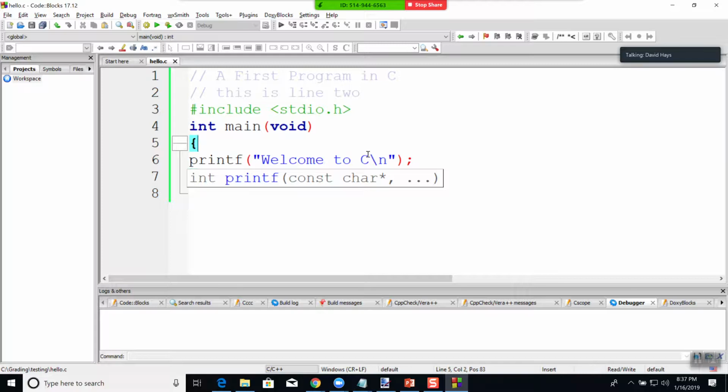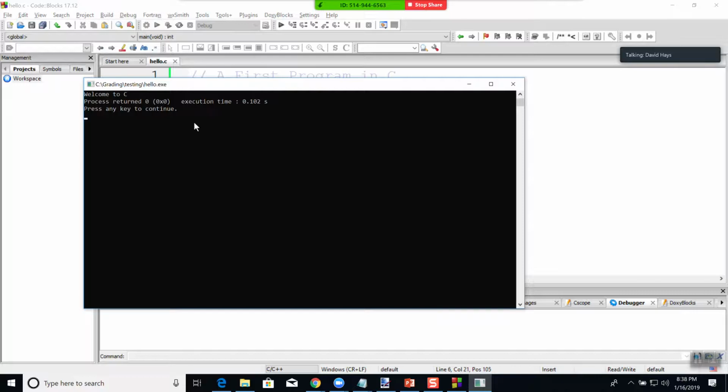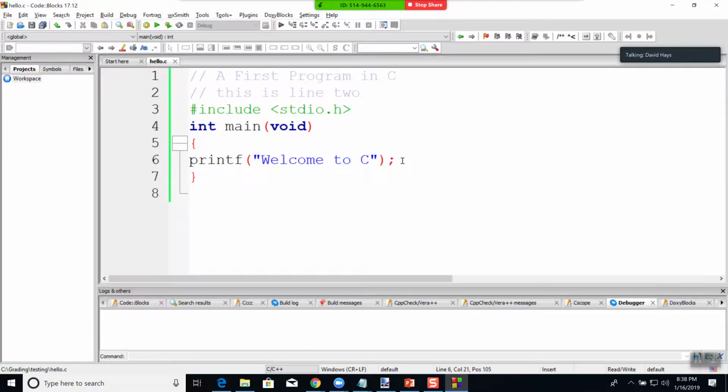So welcome to C, and then there's this \n. That refers to new line. That goes to the next line. If you don't have that there, it still runs just fine. So if I do my build and run, see, it still runs just fine. It really comes into play more if you're going to have 2 lines there. For example,